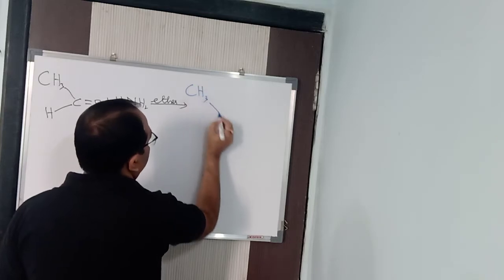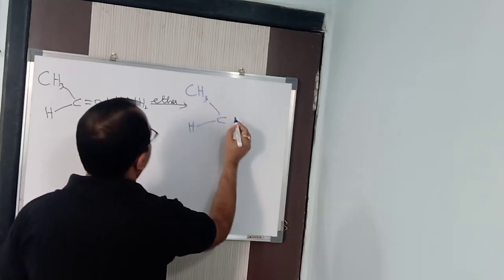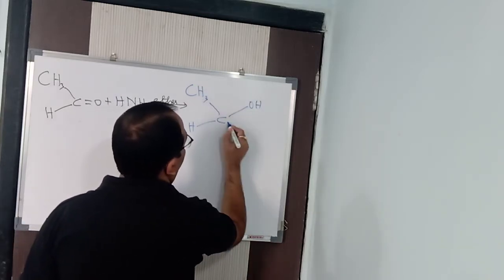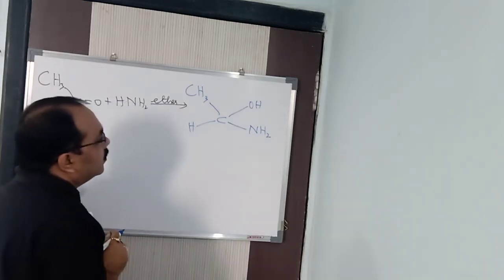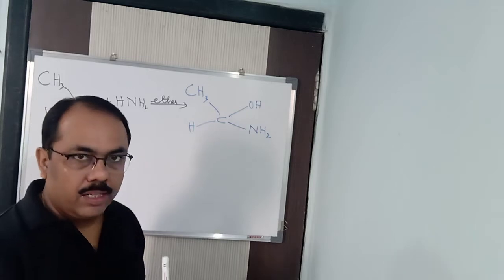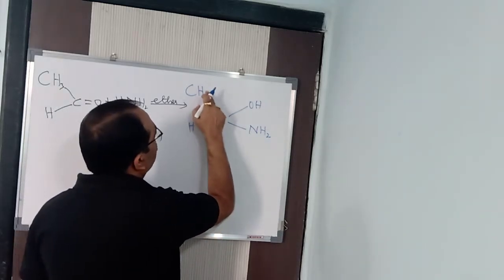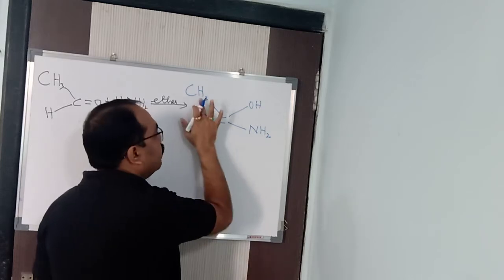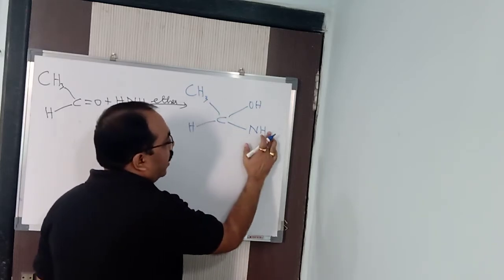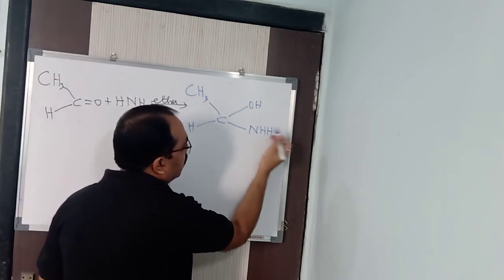Then what will happen? Let us see what will happen. So next, we are having this is OH and this is, let us say, NH2. Now what is going to happen here? It will not be lost from the CH3 group, the hydrogen atom. So hydrogen atom will be lost. Now the main problem was the hydrogen atom, isn't it? So hydrogen atom will be lost from here now. This is the next option.